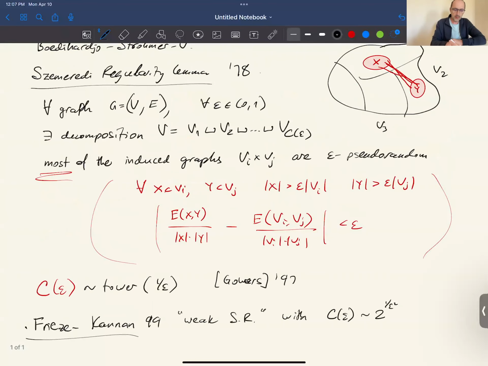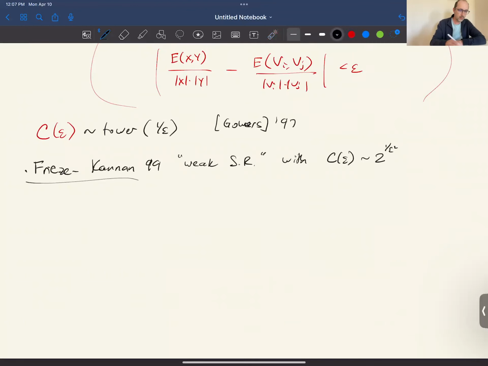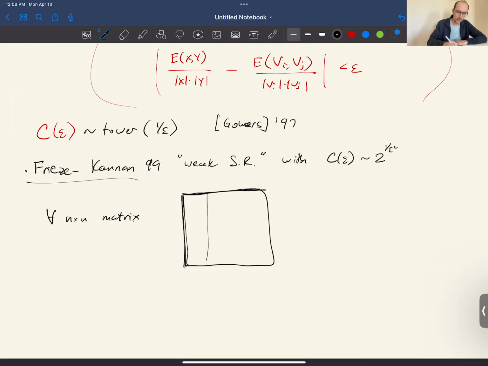And it would be useful to depart from combinatorics and just state it as a result about matrices, adjacency matrices in this particular case, adjacency matrices of the graph. But in general, their result is about any matrices. And that's how the weakening of Szemeredi regularity can open the range of applications for it, because now you look at any matrix, let's say n by n, whether it is the adjacency matrix of the graph or not, doesn't really matter. For the adjacency matrix, the rows and columns are the vertices, and you're decomposing the vertices like this.